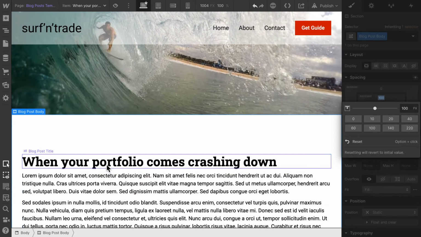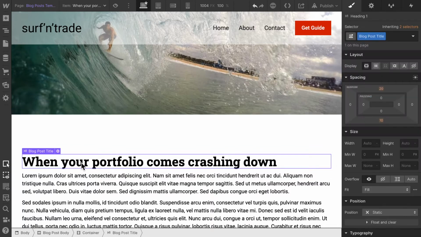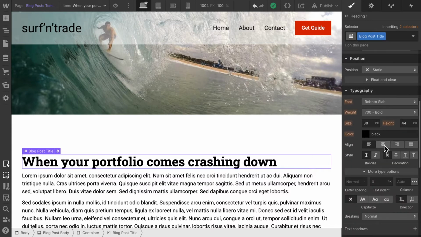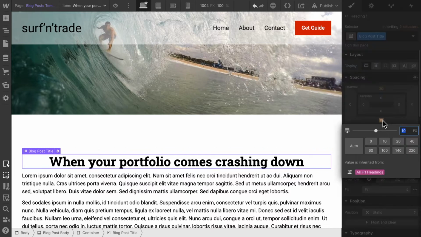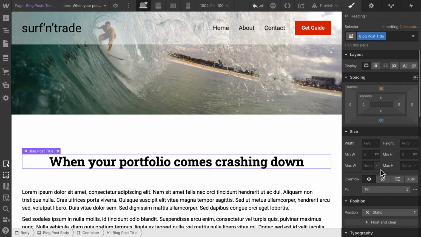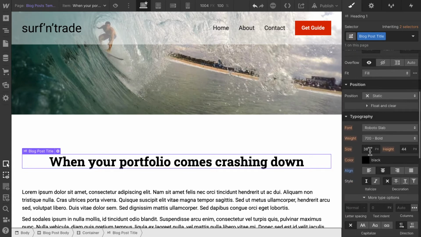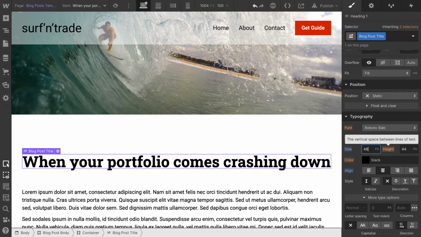Then also we need some spacing between the heading and the rich text element in itself, and maybe we can center this text. So I'm going to give it a center. I'm going to give it some more margin at the bottom. Let's put that to 60. And last but not least, maybe let's increase the size of the heading a bit. Let's set that to 46